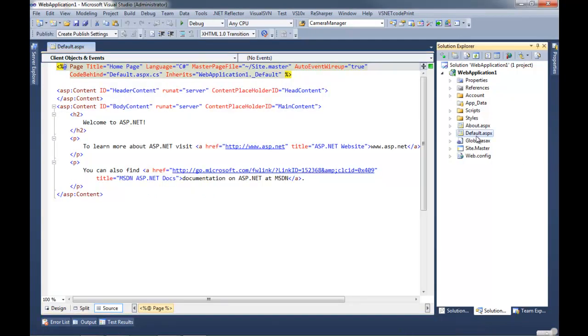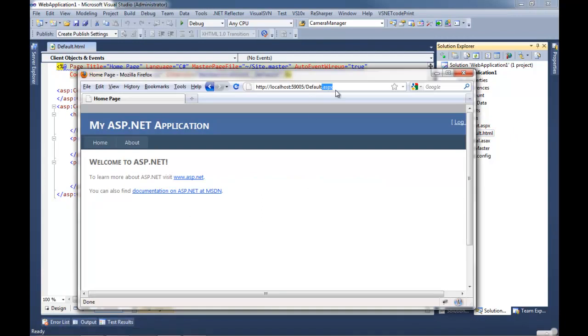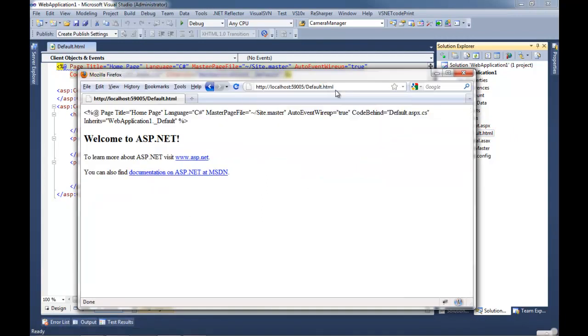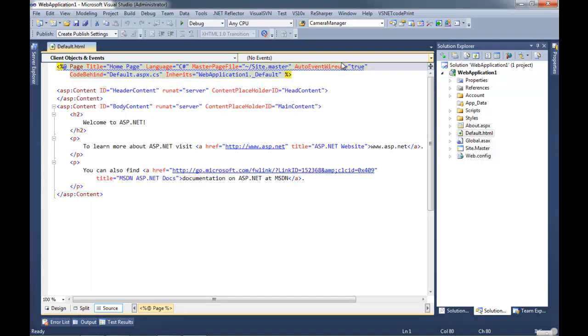And I can demonstrate that by changing this to default.html. So that means by changing that, now the server's just going to say, oh, this is a page I just need to hand back to you to render. Yep. And we get that, which is not what we want, obviously. Right. So having the .aspx is important, and this will come into play when we talk about ASP.NET MVC, because ASP.NET MVC breaks this rule, and it does so in a really interesting way.